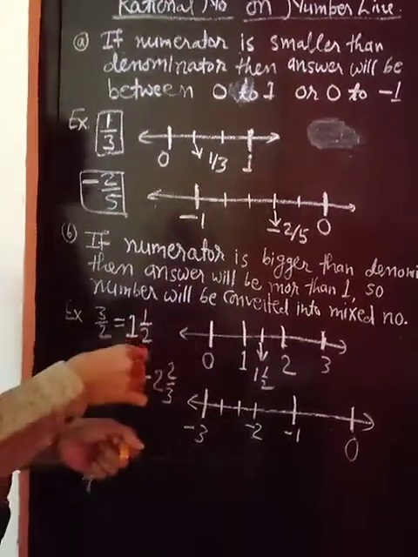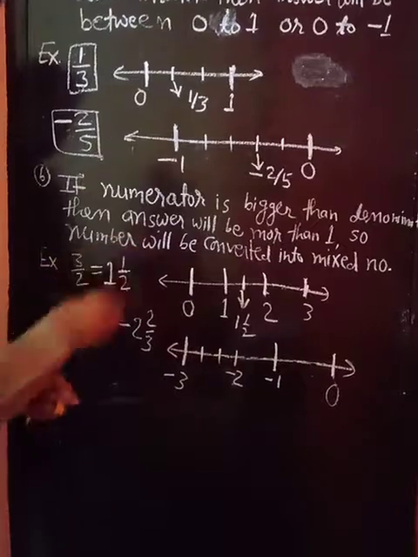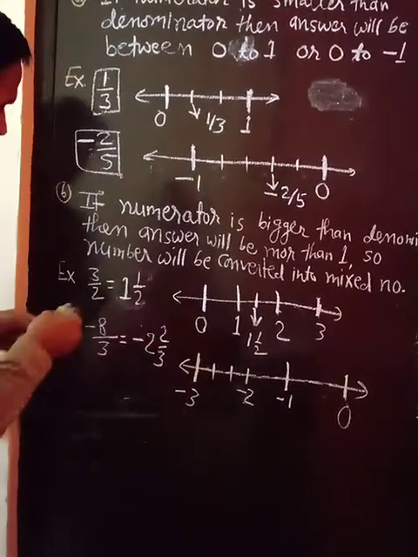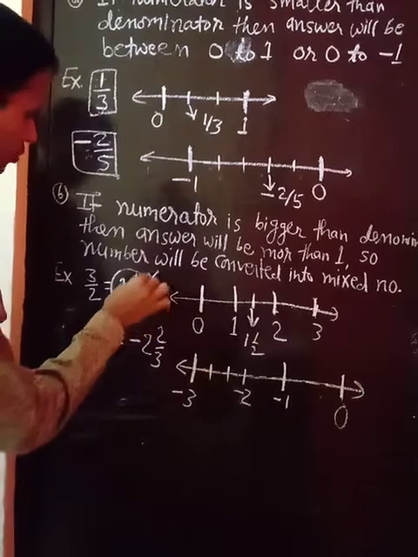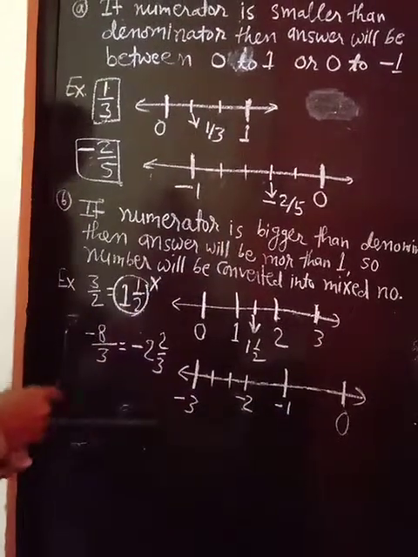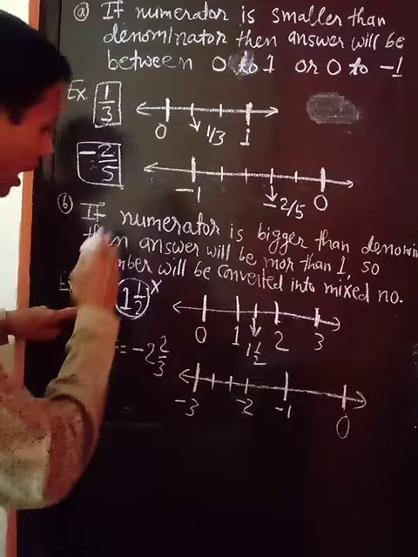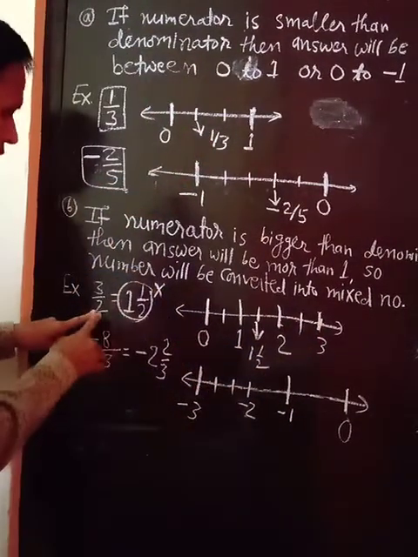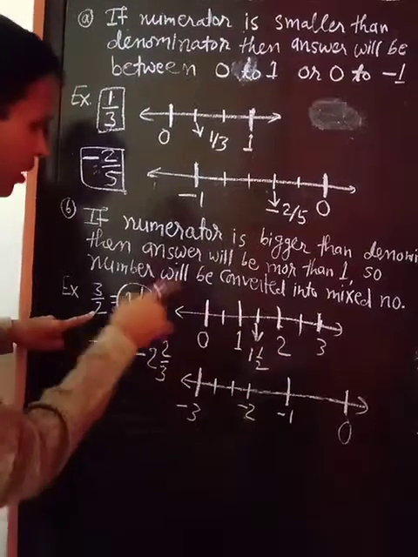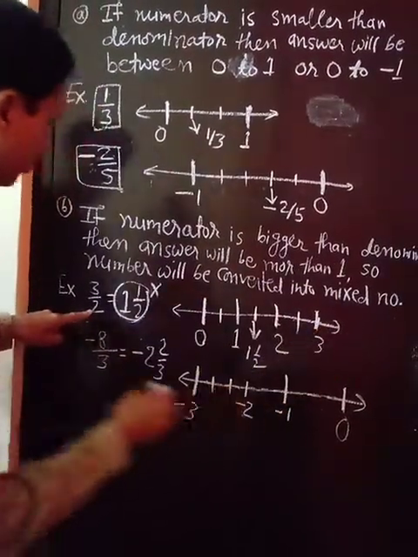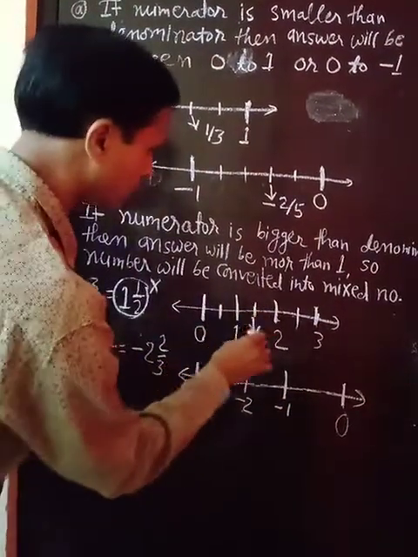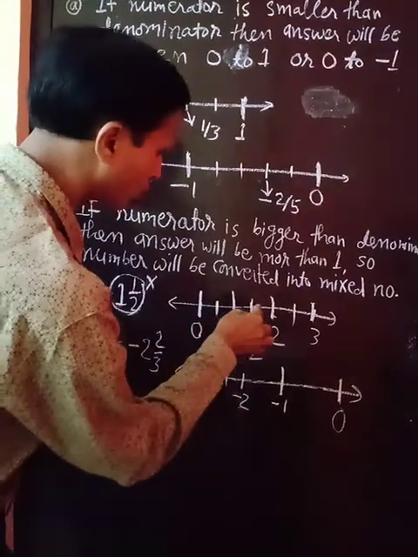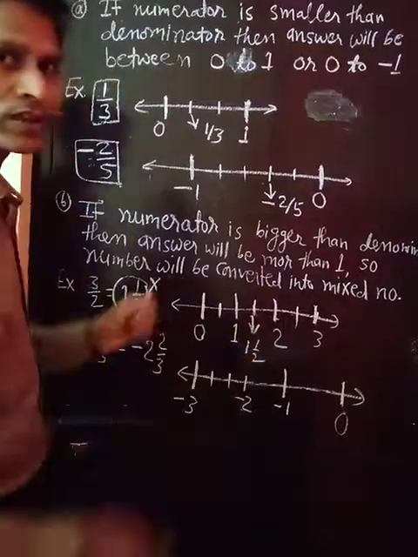Now you see another method, yesterday's method. Same I am marking. No need to change this into a mixed number, you can mark directly also. How? 3 upon 2 means every part you divide into two parts, like this way. This is yesterday's method. Every part is divided into two parts. Now the counting is 3. So 1, 2, 3. So this is the same answer we have got.